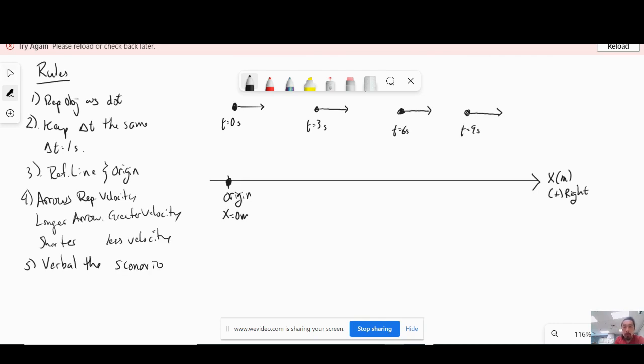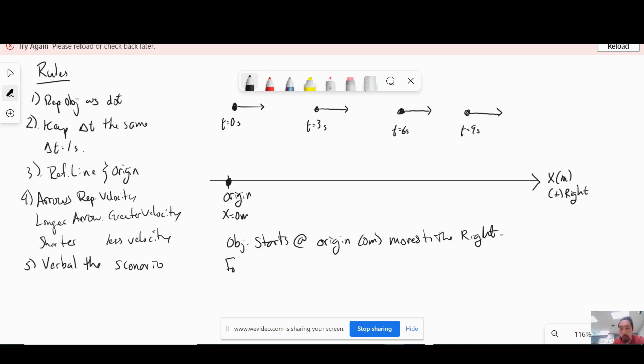All right, so the reason why we want to verbalize the scenario is when you're trying to solve problems and you have absolutely no clue what to do, oftentimes starting off with a verbal really helps out with trying to really decipher what's going on. So for this verbal, I could make it simple as: object starts at origin, okay, or 0 meters, moves to the right, okay,